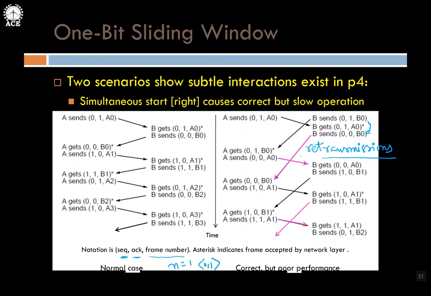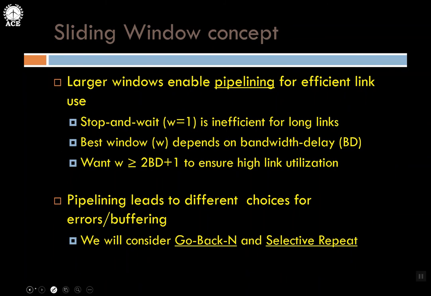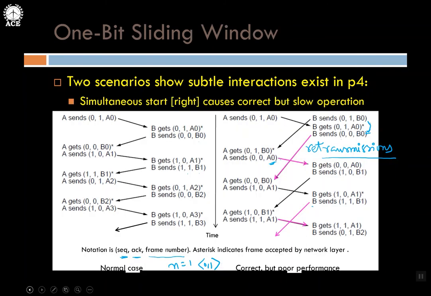Therefore, it is sending the acknowledgement. But by this time, A has not received the acknowledgement. That is what I am saying. So again, it retransmits. That is what retransmission is. And then because B has not received the acknowledgement of B0, which it has sent, it retransmits B0. So these are retransmissions that are happening here and here. Likewise here and here, same scenario. That is leading to poor performance of the 1-bit sliding window protocol. Then how to overcome this problem using selective repeat and go back, we shall discuss in the next video. Okay.